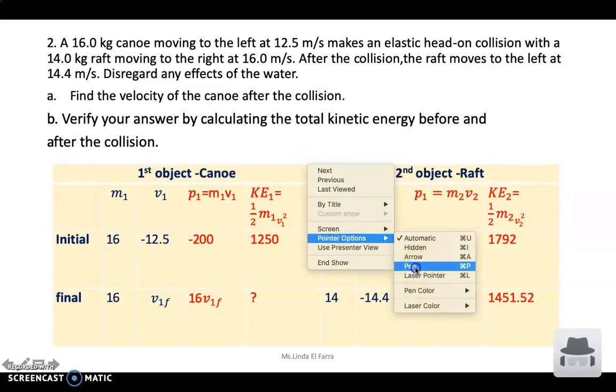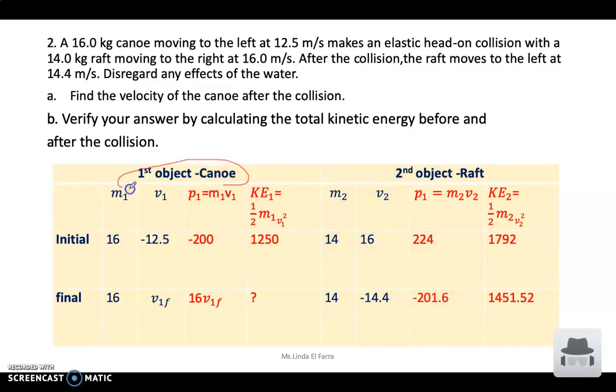So here the first object is the canoe, the second object is the raft, and I write M1, V1, P1, kinetic energy 1. Similarly for the second object, M2, V2, P2, and kinetic energy KE2. I have to fill in all the given. If you remember the first object, the canoe, 16, the mass doesn't change, it will stay the same. Moving to the left, so it's negative